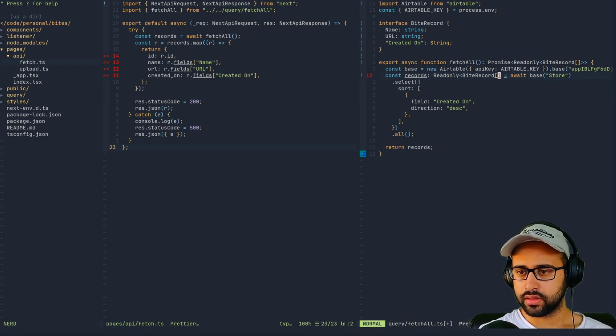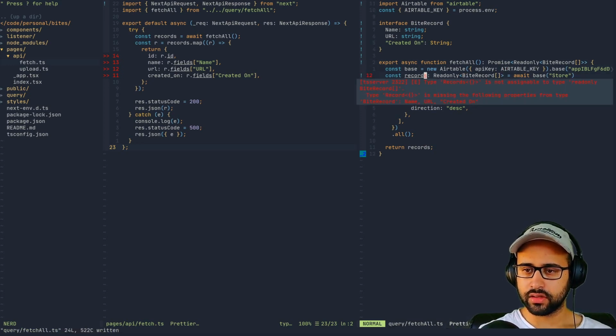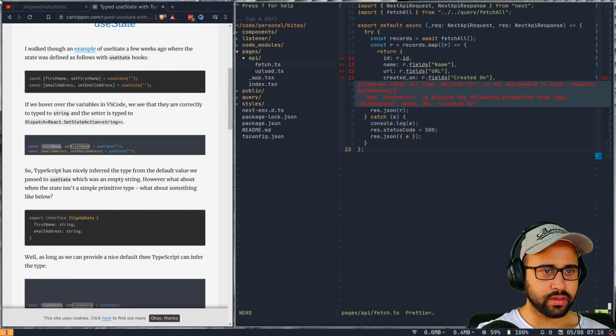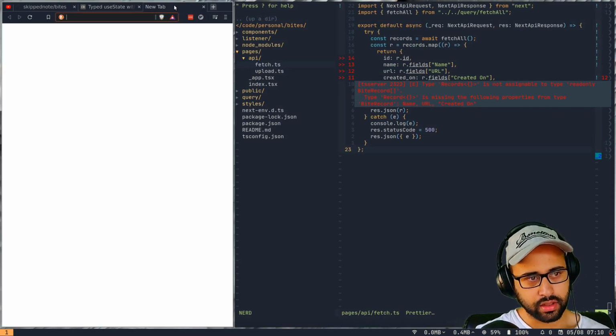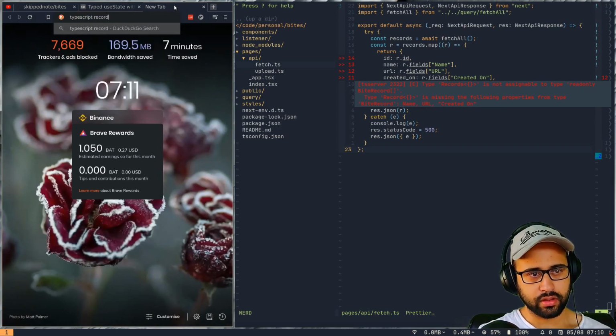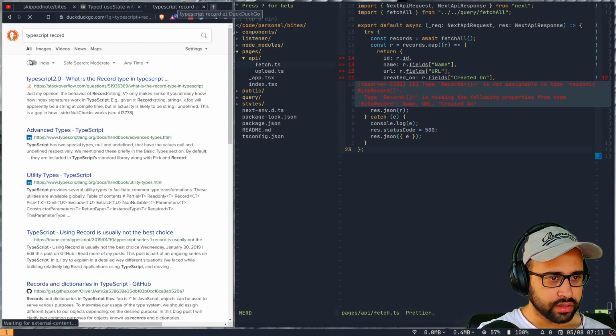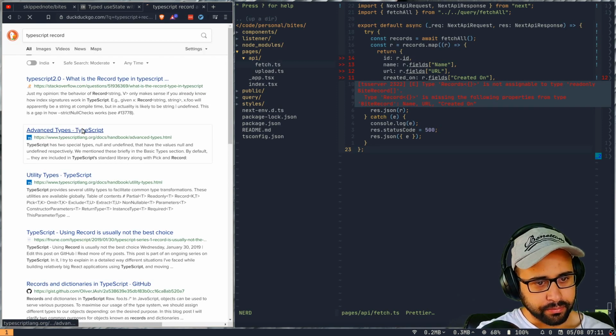So adding this here, still throwing errors, saying that records is not assignable to. Okay, so let's see. I haven't really used TypeScript record, so let's see. TypeScript record, is there an interface for that? Yep.